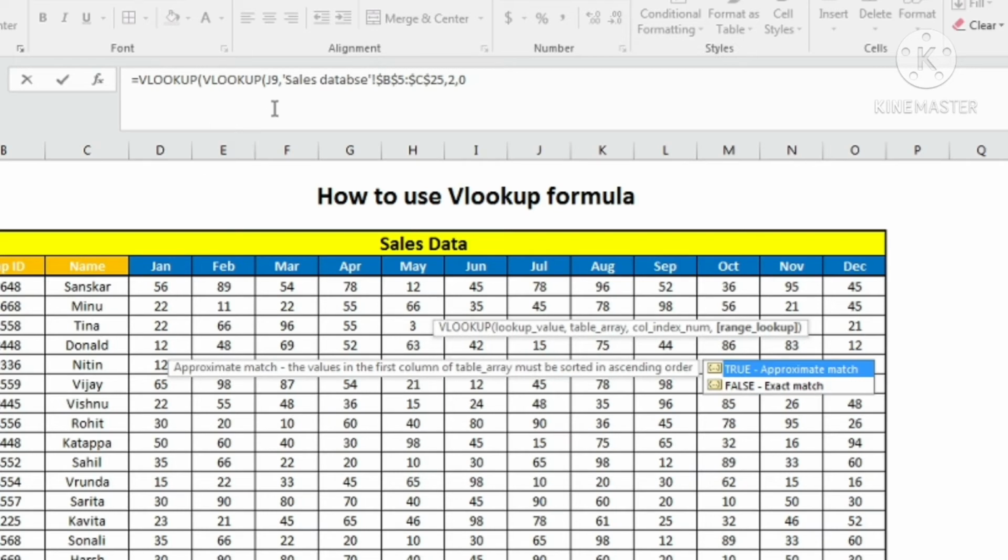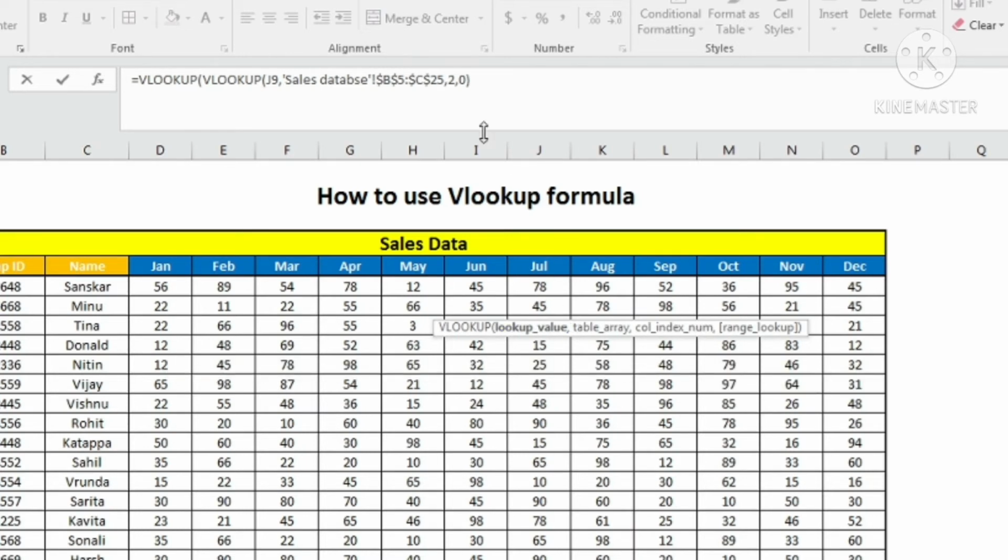What does that say? That it will extract the name for the corresponding employee ID for me. Now this VLOOKUP formula I will complete. This particular VLOOKUP formula means the name of the employee will act as a lookup value for my other VLOOKUP formula. So here I will put a comma. So table array.